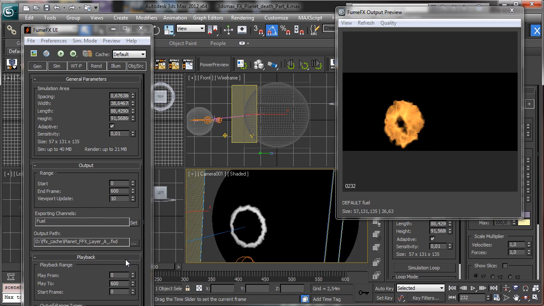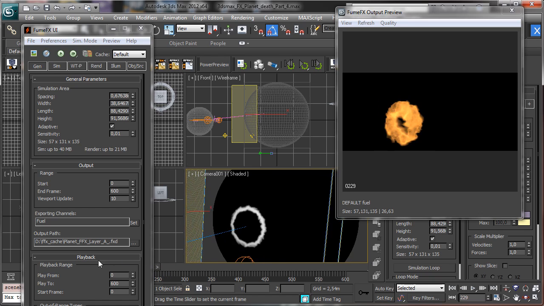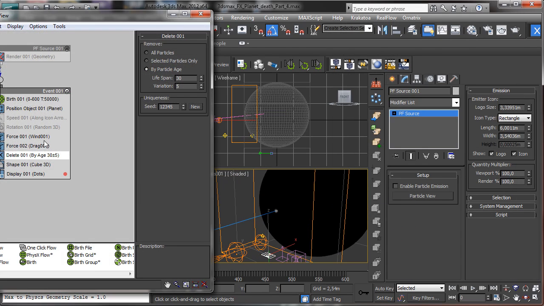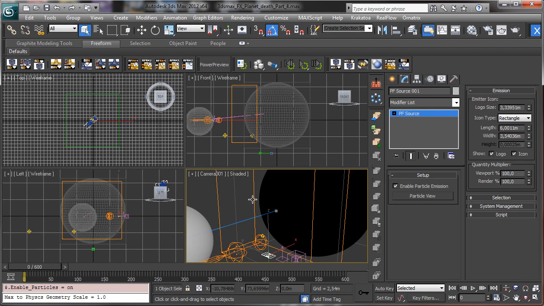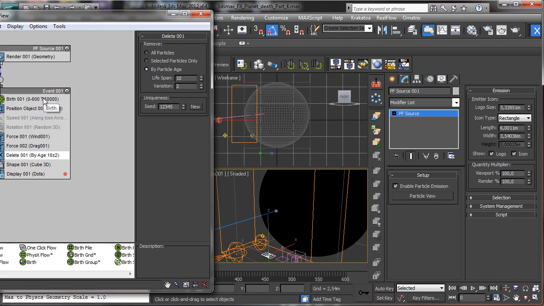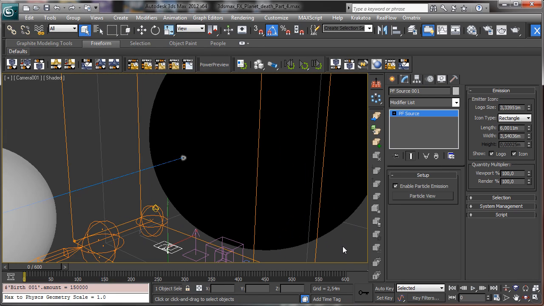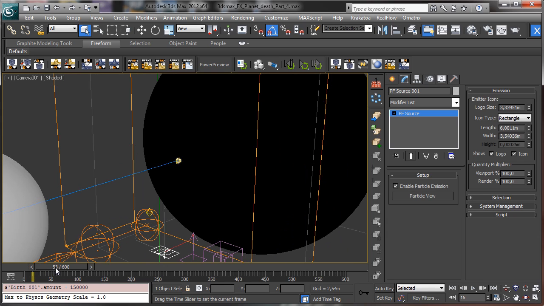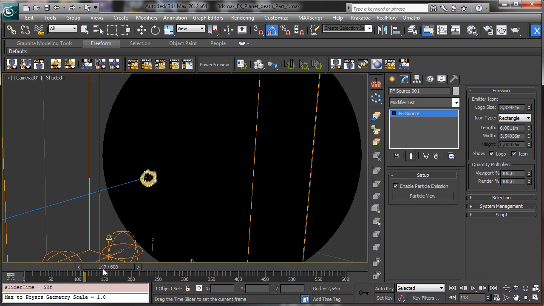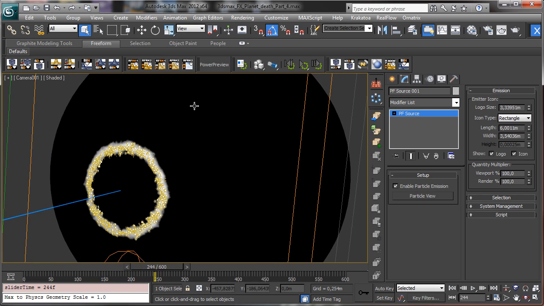Okay. So I think that we have to have less life for particles again. So let's delete after 10 frames and 2 of variation, and let's try to have more particles too. Let's see what we have in the viewport. Okay,